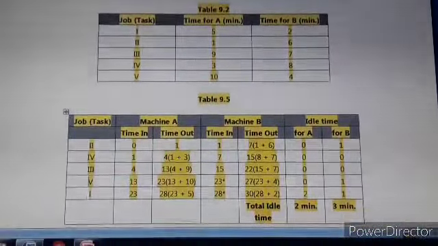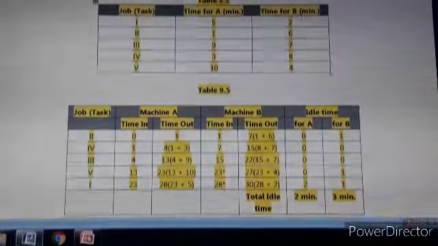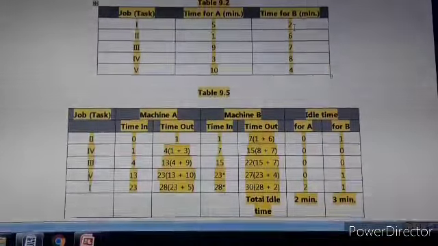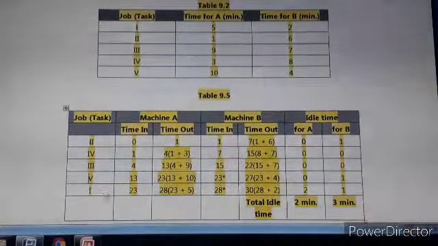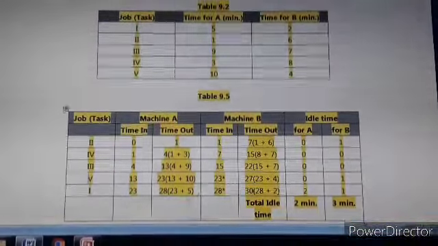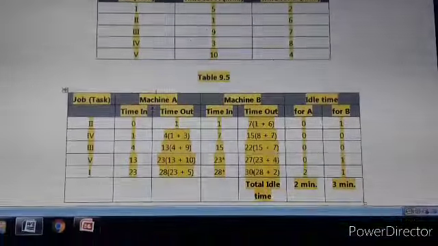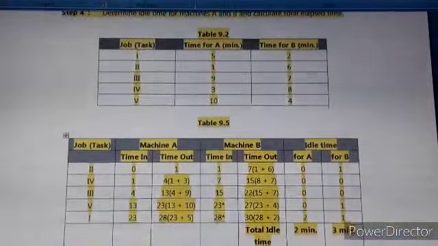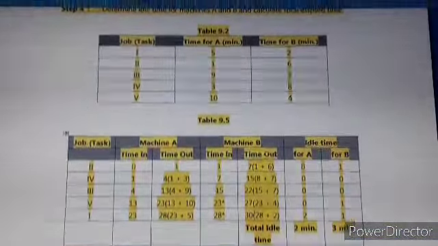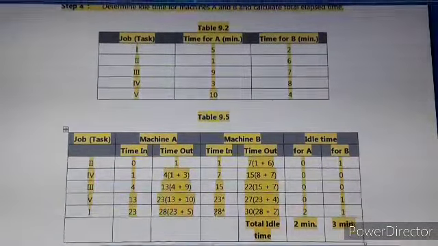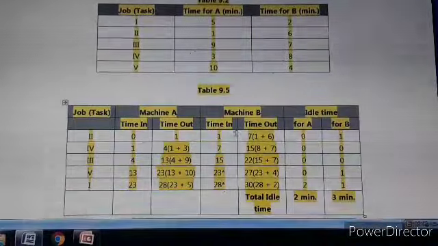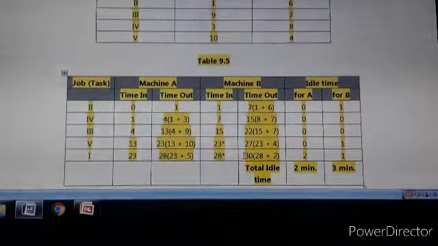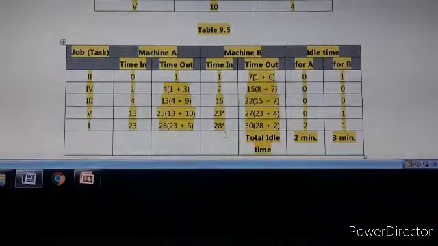And last job is 1. For this job processing time on machine B is 2 minutes. And since job 1 takes 28 minutes to process on machine 1, here we cannot take 27 as time in, but we have to take 28 as time in for job 1 on machine B. So that's why here we have star mark.